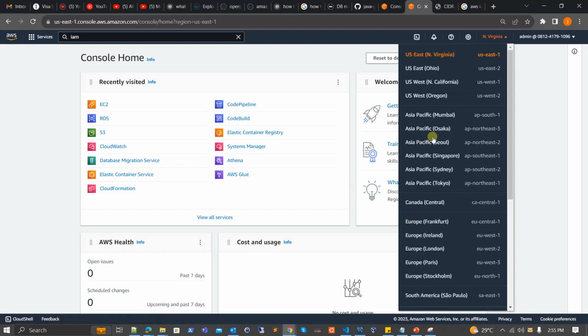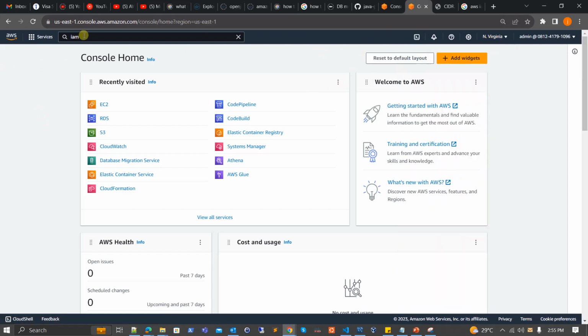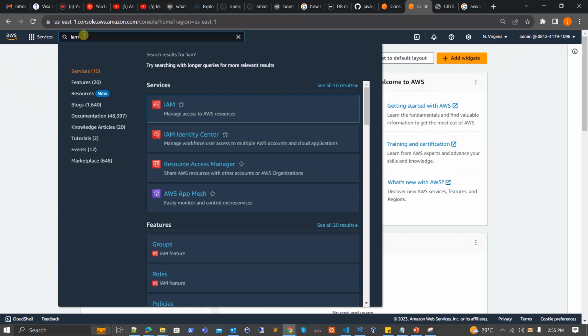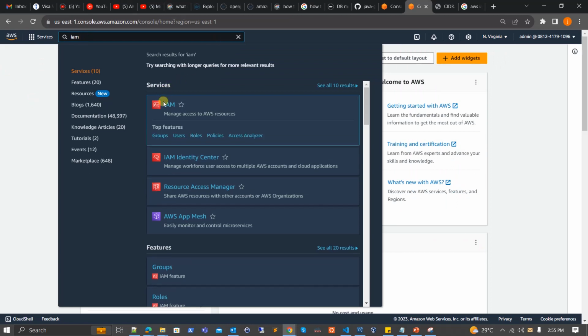But for this demo, I'm going to be using North Virginia. North Virginia is always going to be the default, but it's always advised for you not to use North Virginia because it's the region that goes down the most, because of the many services being deployed there. So, having said that, giving you an overview of how regions look, I can go to my IAM